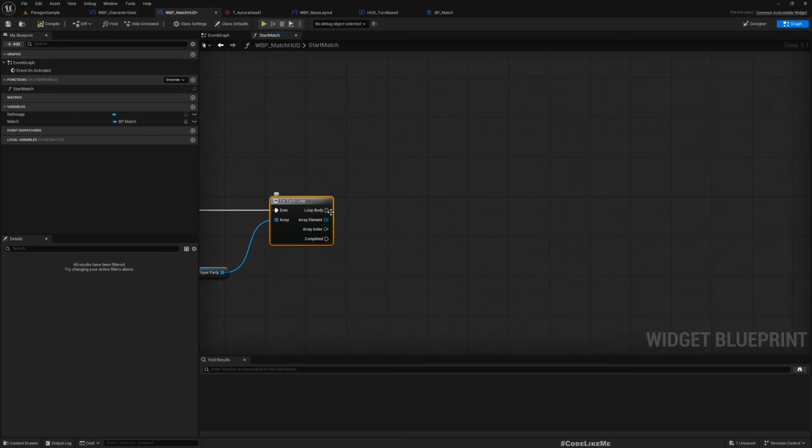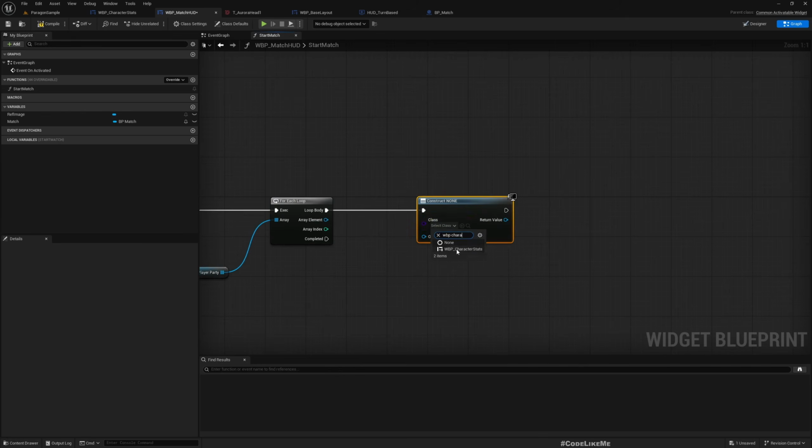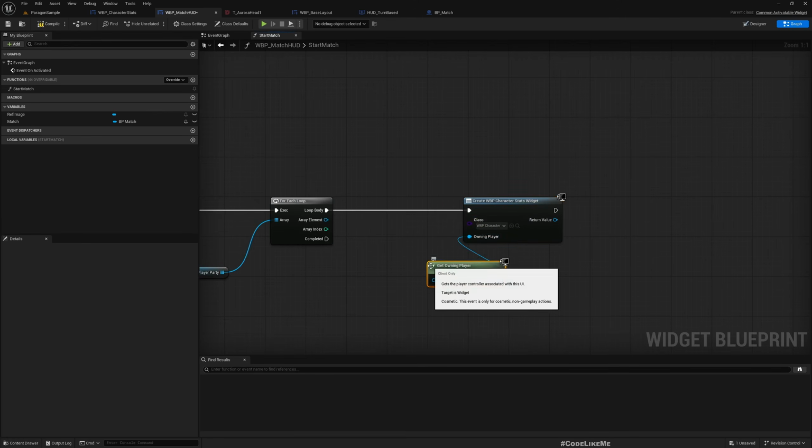So create widget, and I'm gonna use WBP character stats. On in player is get all in player,